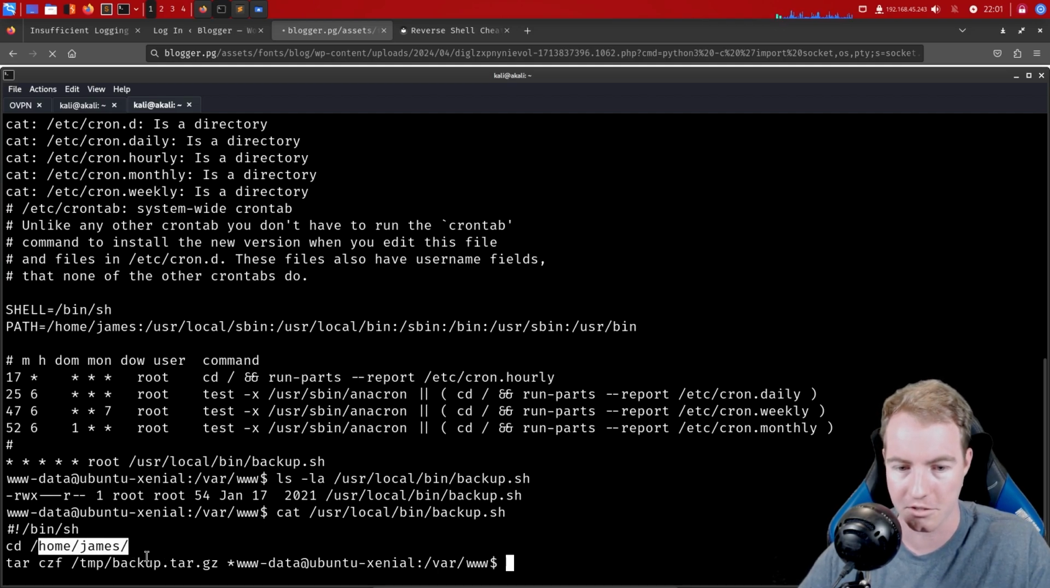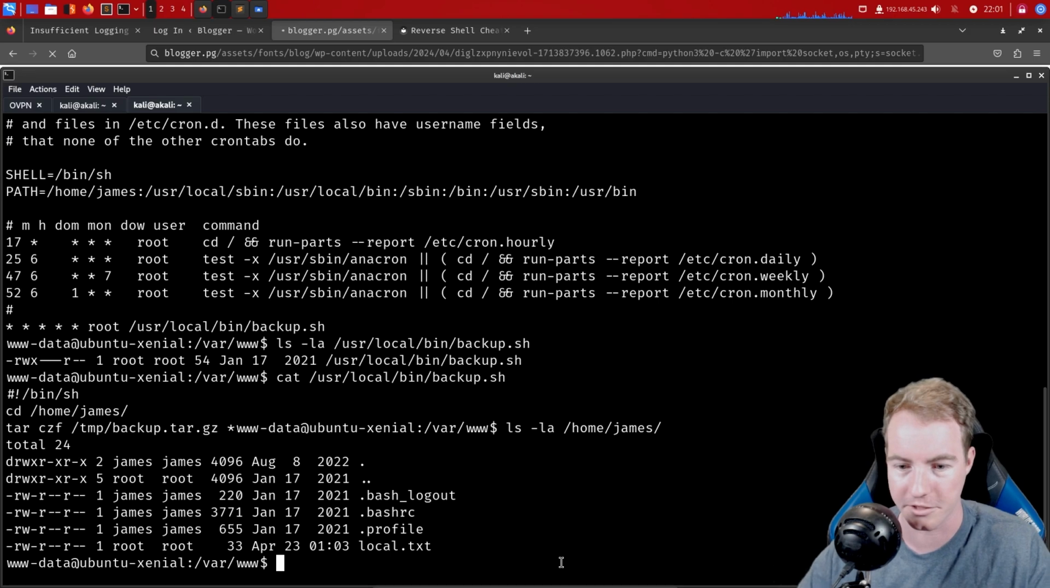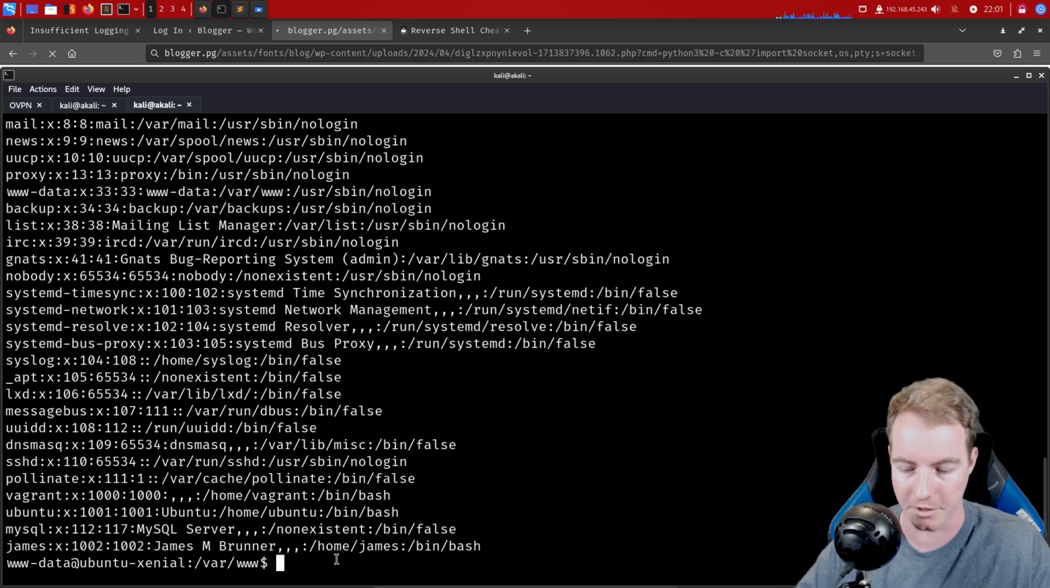Checked this here. Oops, I need the leading slash. And if I do an ls -la on that directory, you can see that we don't have permissions to write here. So I was like, oh, we're probably going to have to move to this james user and then exploit the wildcard. But actually in this case, if we check out the /etc/passwd file,